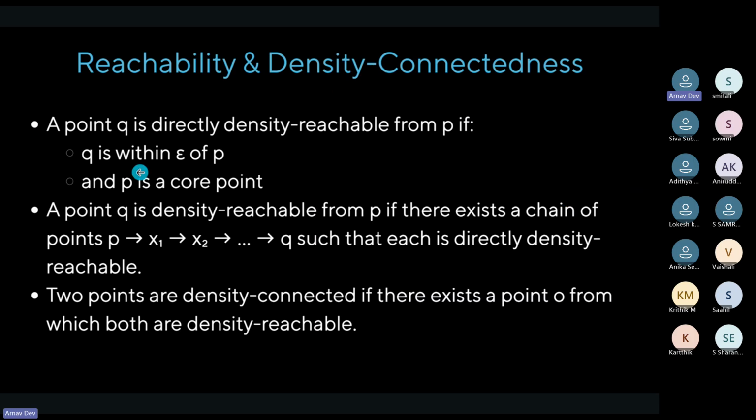So now let's move forward to density reachable and density connectedness. We have to define these two terms. A point Q is said to be density reachable from point P if it's within